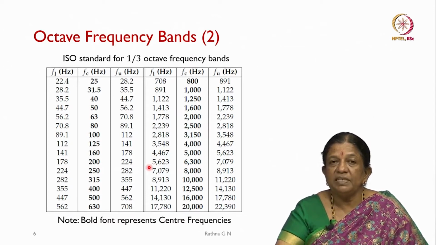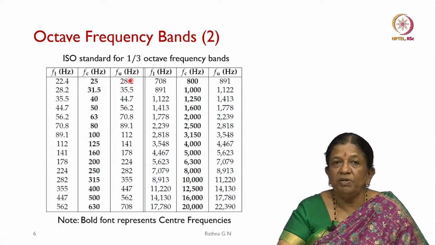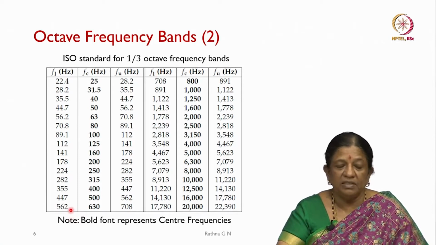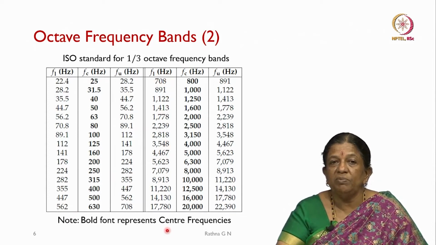Because we said it is 30 bands, this is represented in one column. In the next column you will be seeing the upper frequencies, and then from 562 it goes to 708, and then you will be seeing up to